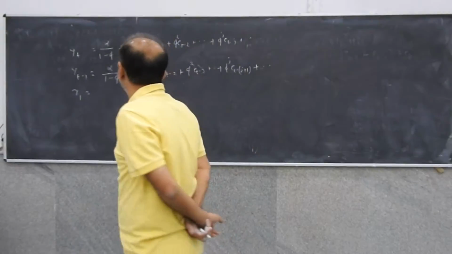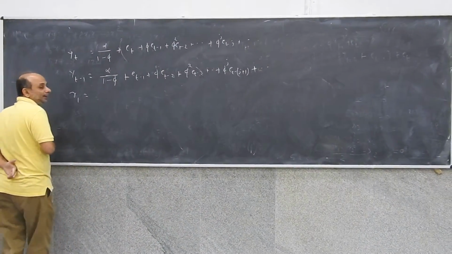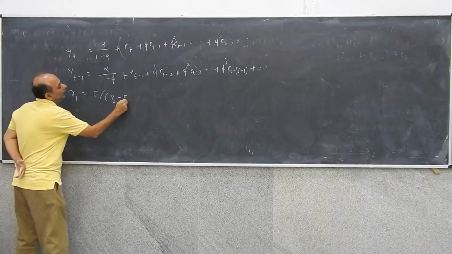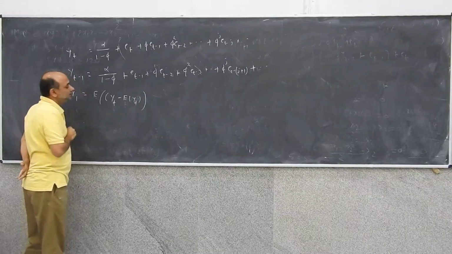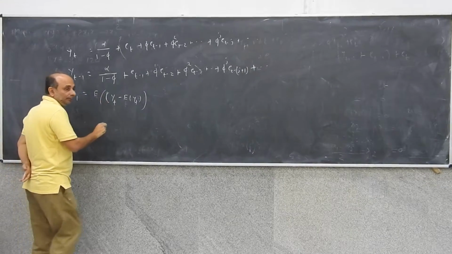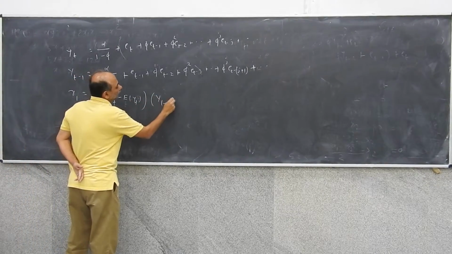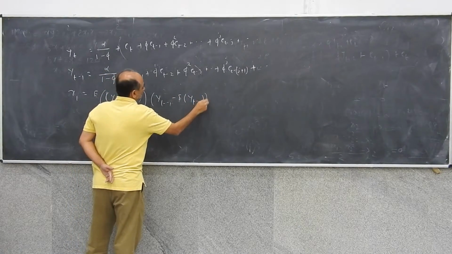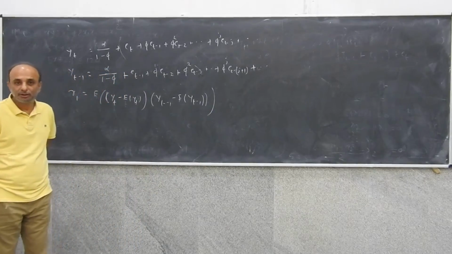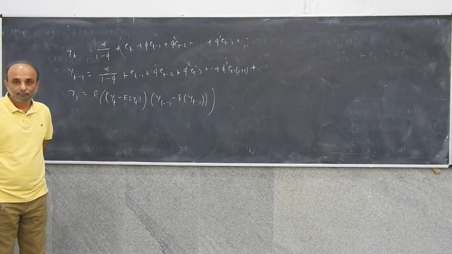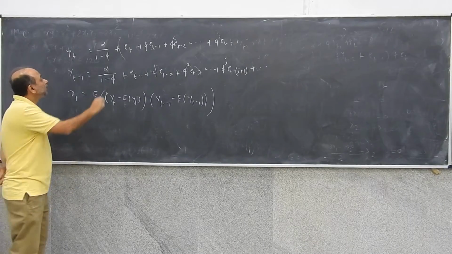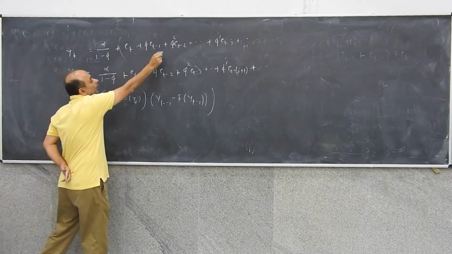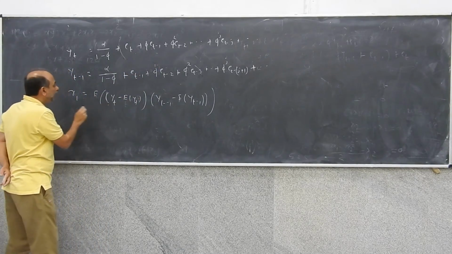So what would be covariance of yt and yt minus 1? Expectation of yt minus expectation yt, right, into yt minus 1 minus expectation yt minus 1. Okay. Now what is this quantity? If this is yt, this is expectation y. So what is this full quantity? This whole thing will be equal to